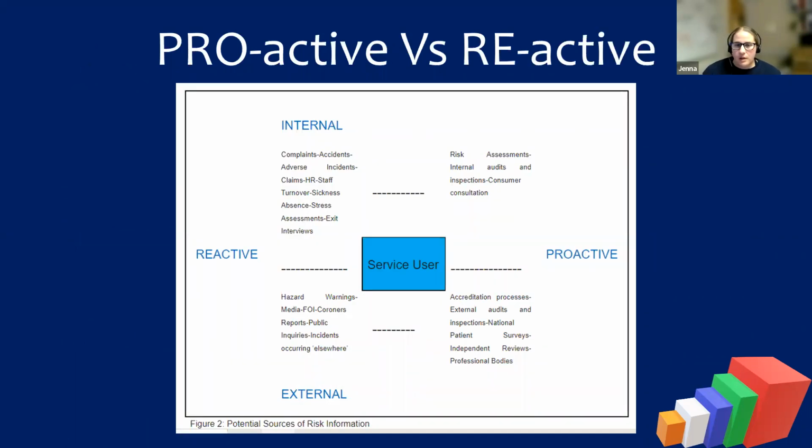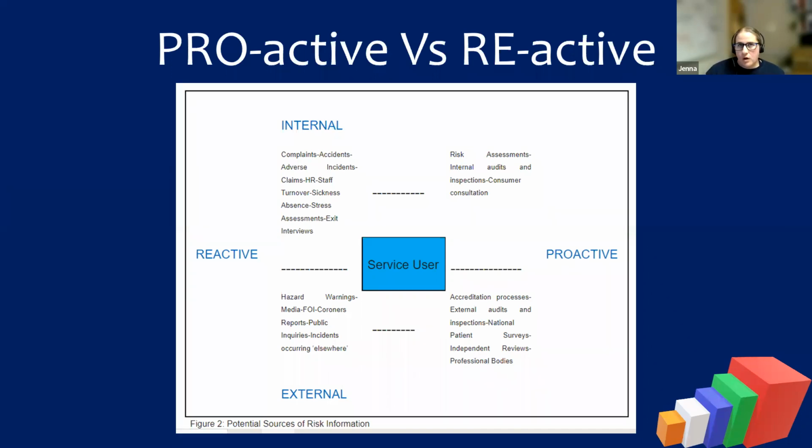So there is a proactive and reactive element, and proactive is identifying actual or potential hazards and ensuring that we put adequate control measures in place to mitigate that risk. If we're doing proactive risk assessment, there's often a requirement to meet statutory duties, so making sure that we're covering those health and safety standards.